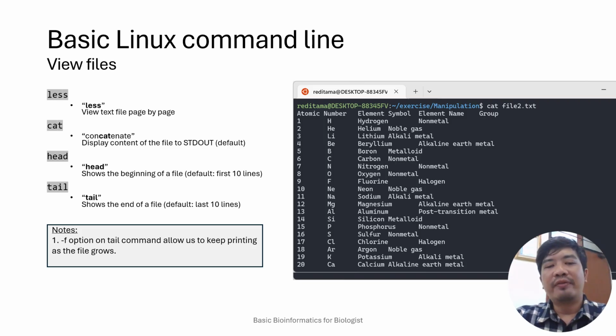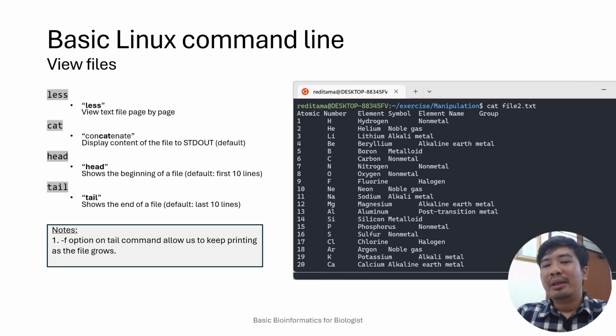And then we also have cat, which stands for concatenate. It will print the content of files into standard output. You see it's different from less. With less, we see the file exclusively, and then we go back to the terminal.